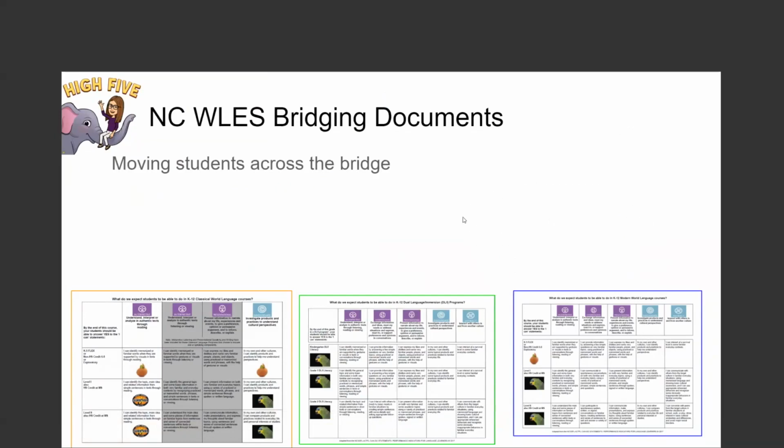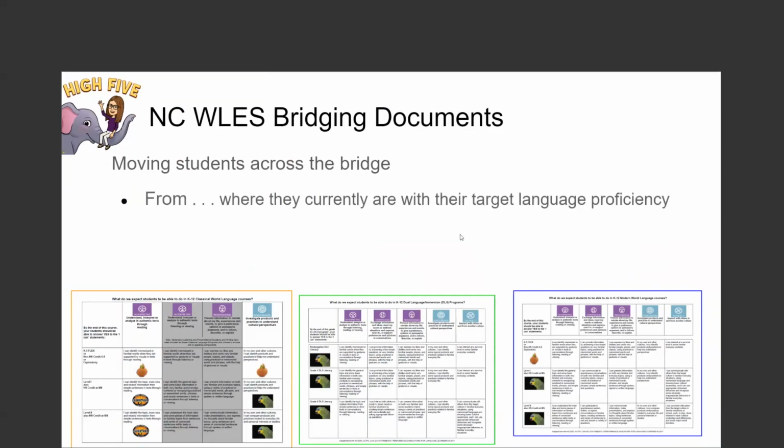Yes. So now that you've heard a little bit more about that, we wanted to share with you these bridging documents we put together because they show how each K-12 program moves from the very beginnings of proficiency to the upper levels where we expect students to be at the end of their K-12 experience. So we're going to talk about moving students across the bridge from where they currently are with their target language proficiency, and again, where they were when you finished your classes with them at the end of the spring semester,